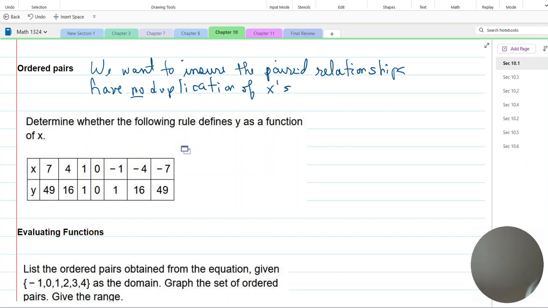All right. So notice here's my x's. This is where I'm looking, and I'm checking to see if there's any duplication of x's within it. No, there are none. So all the outputs are immaterial because they can all be the same number. But there is no repetition of x values. Therefore, the ordered pairs